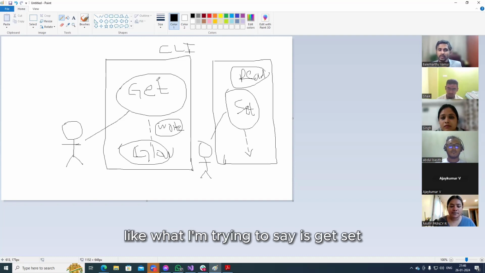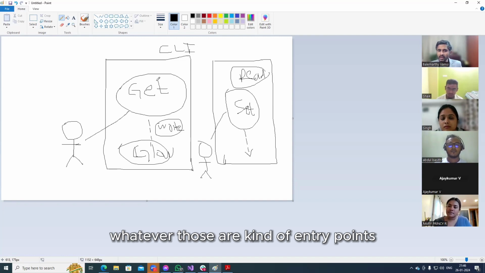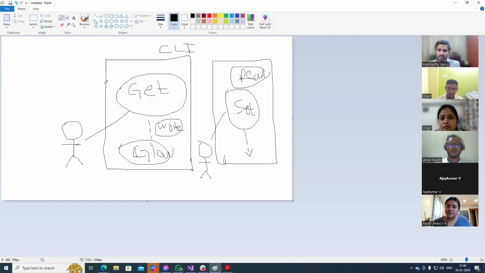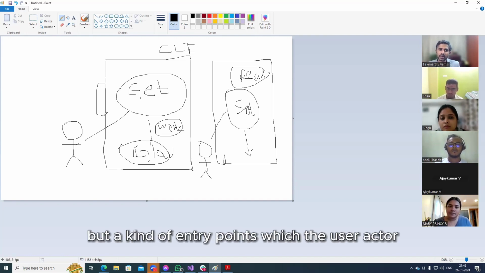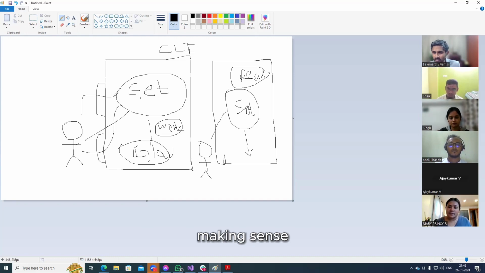What I'm trying to say is get, set, write, read, whatever. Those are a kind of entry points, literally not entry points, but a kind of entry points which the user actor goes through to interact with the use case. Making sense?